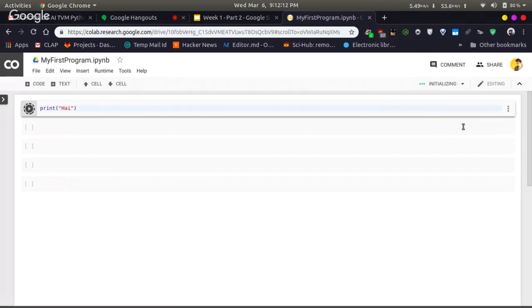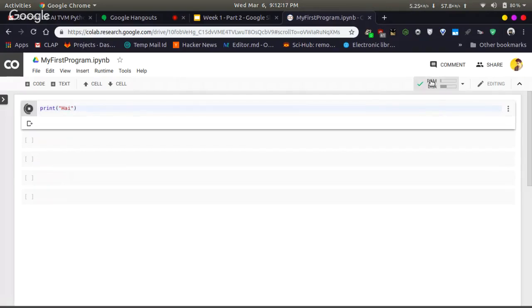Initializing and connected. Once it is connected, your code will run. What you are seeing here is the output of the code print hi. The advantage of notebook is that you can type the code and see the output just below it itself.